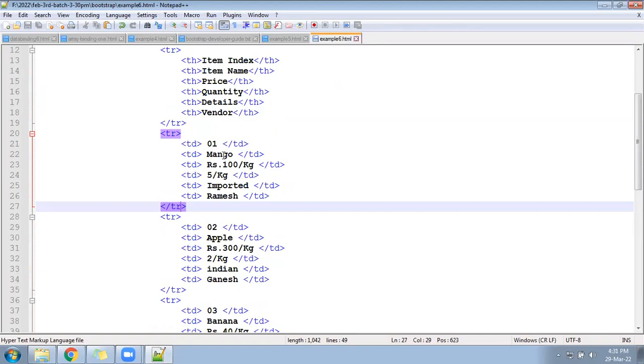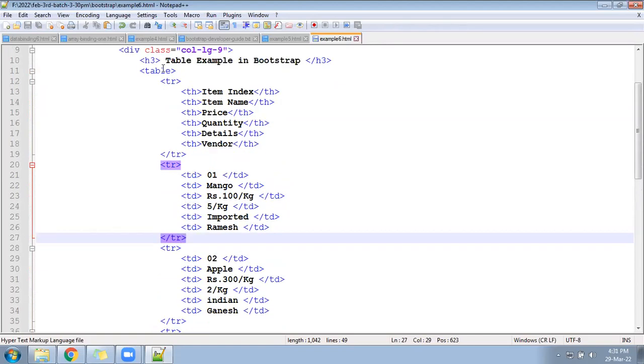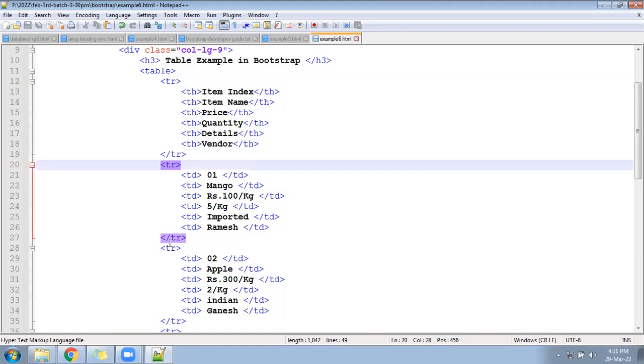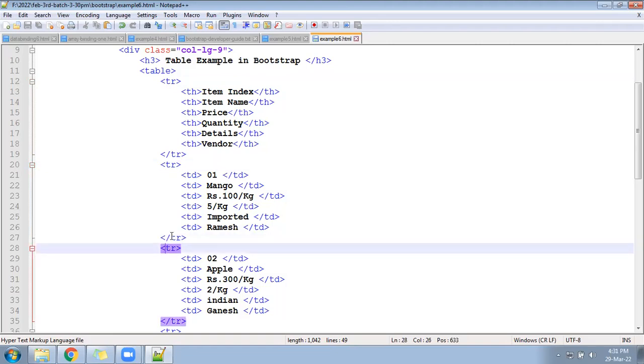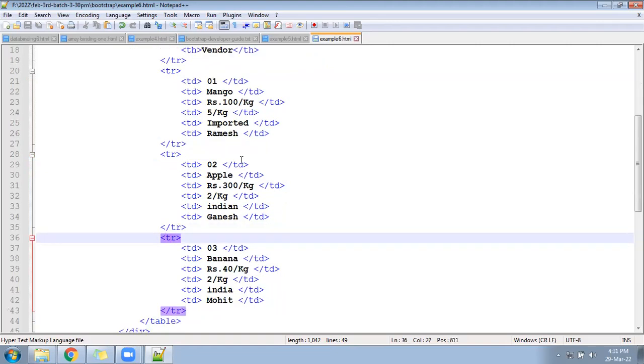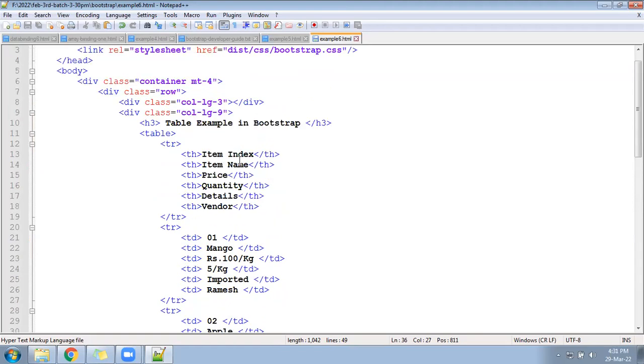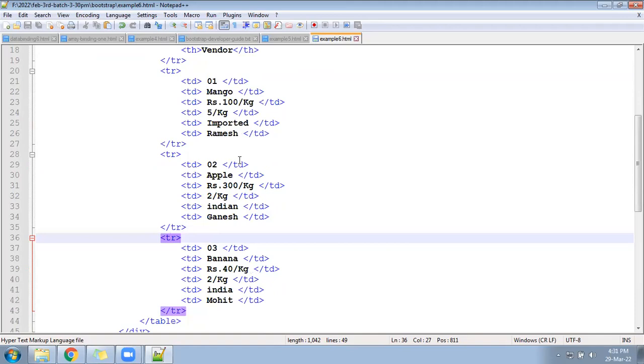Okay. Ready? Now, how many items did you add? Three items. The first is the heading, second one item, now third item. Now if you run this page without Bootstrap classes, it will look like a simple table, without much look and feel, just a very simple table. You can try also and check once how that looks.